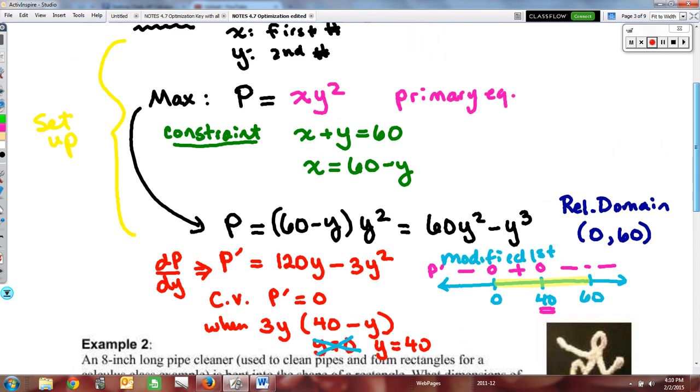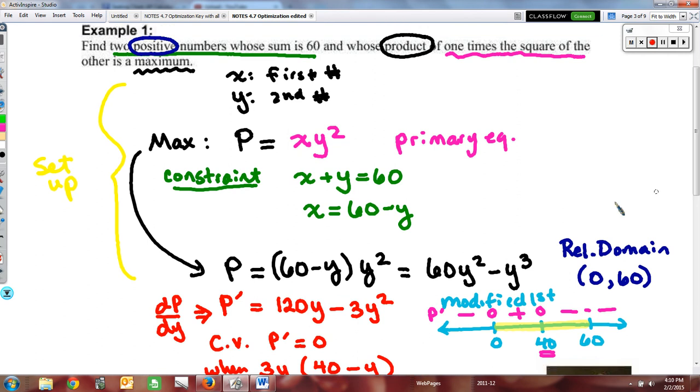All right, so now I'm going to answer the question. And then also I go back to make sure what the question is. I need to find two positive numbers. So we would say y equal to 40 and x equal to, they have to sum to 60, so 20. Maximize the product